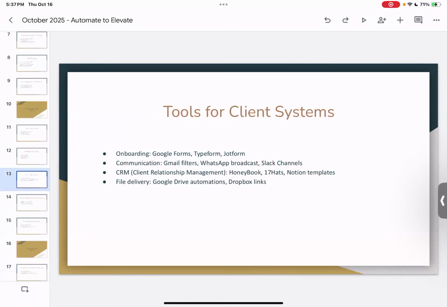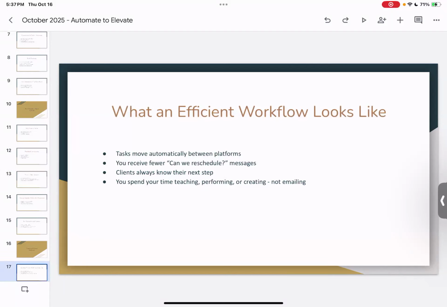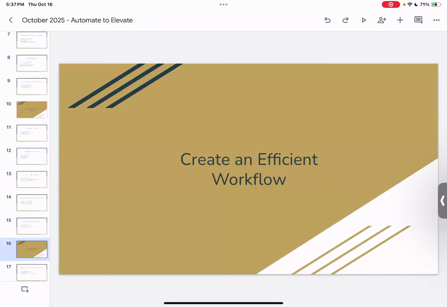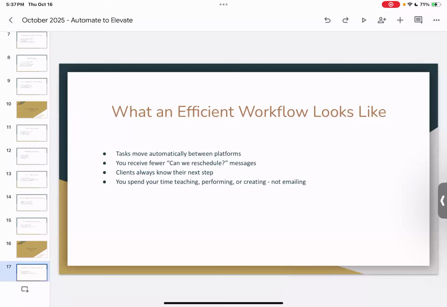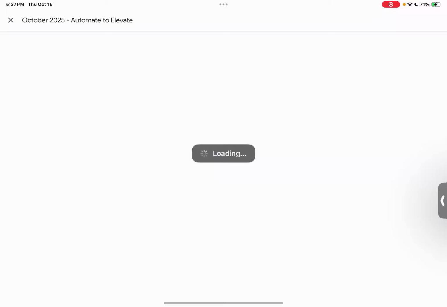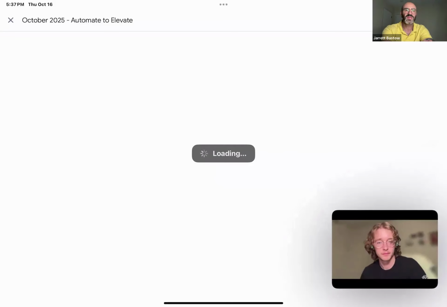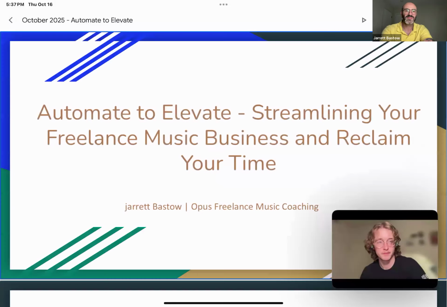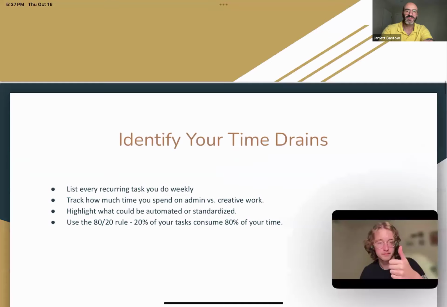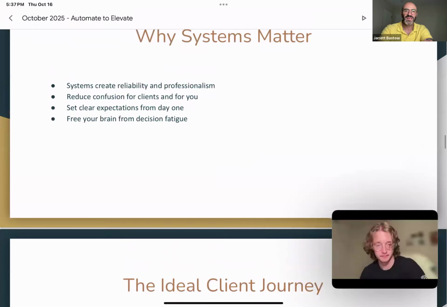Let me see if I have the ability to move. Why won't it let me? Give me just a second, Dylan. This is where I wish I had the ability to present on my device. Can you still see once it loads? Not quite. Shoot. Let me try something for just a quick sec. That's what I should have done. We're good now. Made it.